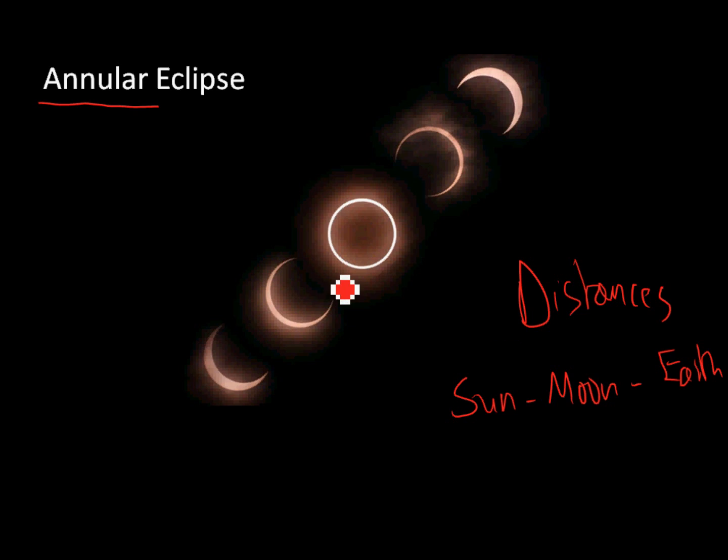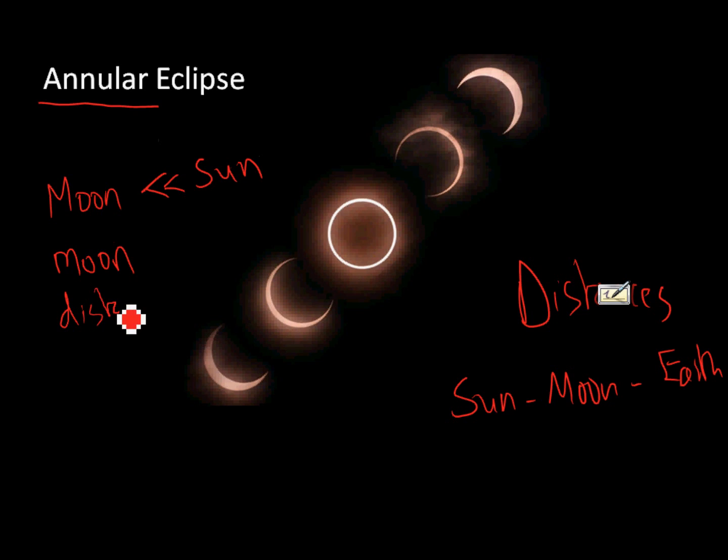Sometimes this geometry does not match up. Sometimes they do not cover each other perfectly. It's a real coincidence that it happens at all. It just happens that the moon is much smaller than the sun, but the distance to the moon is also much smaller than the distance to the sun, and